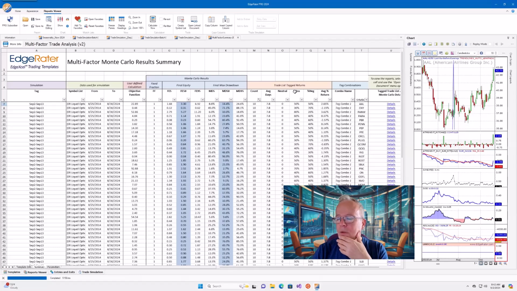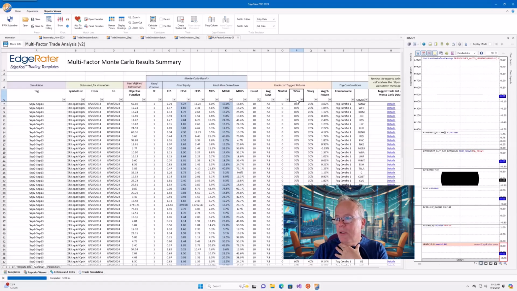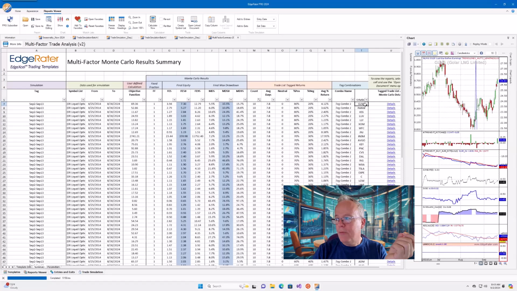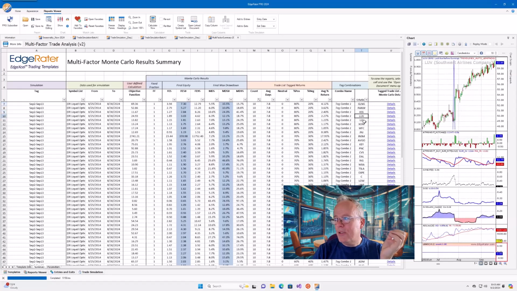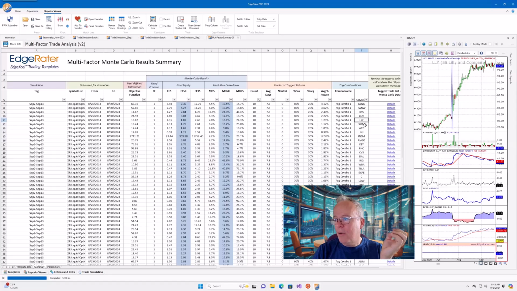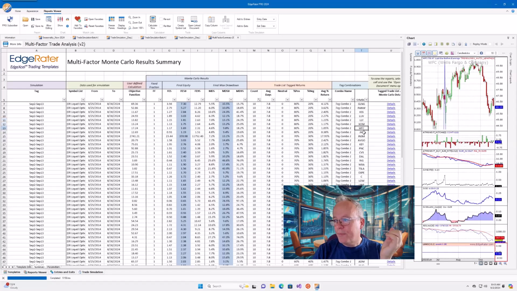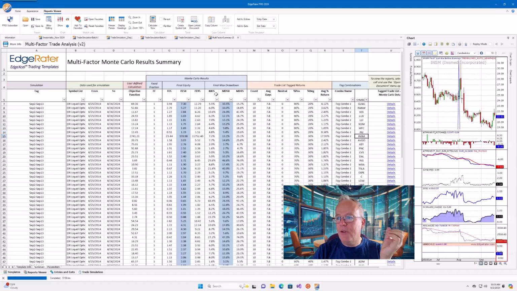We will then sort this list by number of up years and average percent return. First I'll sort by average percent return, and then I'll sort by number of up years. The stocks at the top of this list are GLNG, Golar LNG, PANW, KSS, Southwest LUV, Eli Lilly LLY, XOM, Wells Fargo, Johnson & Johnson, Insmed. So these are the stocks.